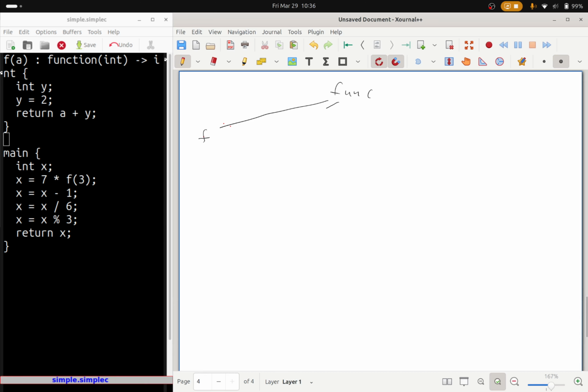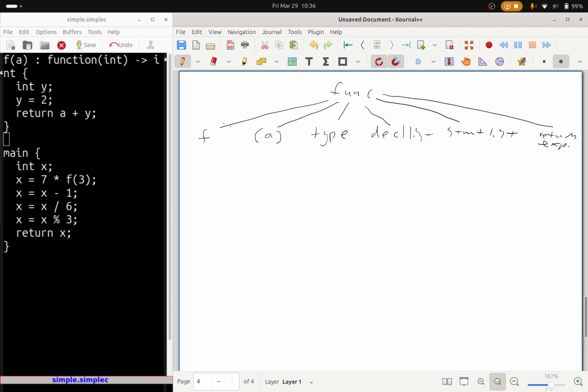It's got a name F. It has a list of parameters A. It has a type. And this is all just from the AST specification. It has a declaration list, a statement list, and then a return expression. So the way this will work is, just like all of the stuff in the front end of the compiler, we traverse this tree in a post-order fashion. So when we see F,